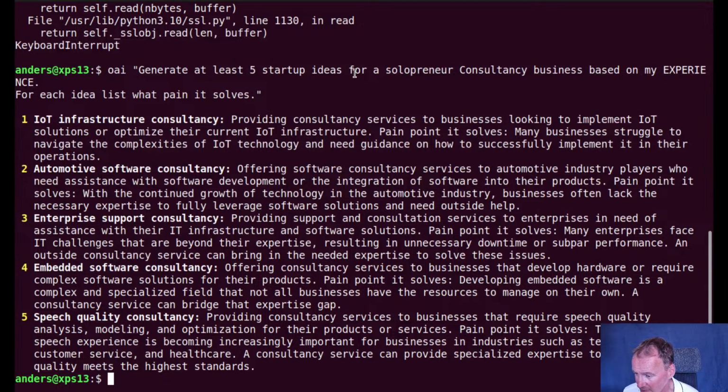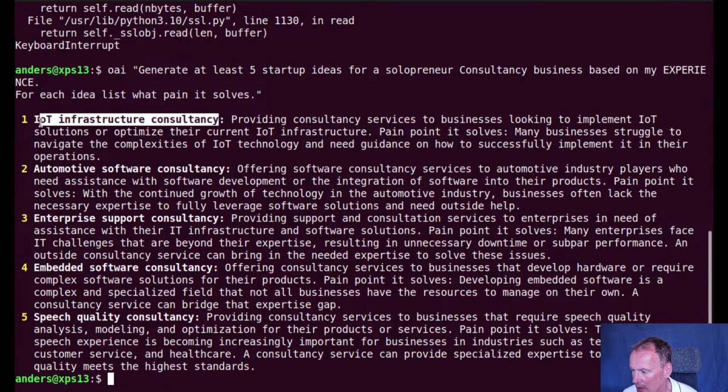Automotive consultancy, enterprise support consultancy, embedded software consultancy, and speech quality consultancy. Yeah, not the highest in my range, but let's stick with these. Okay,